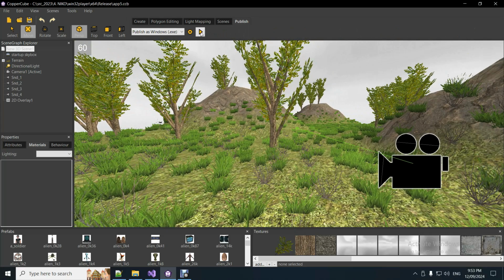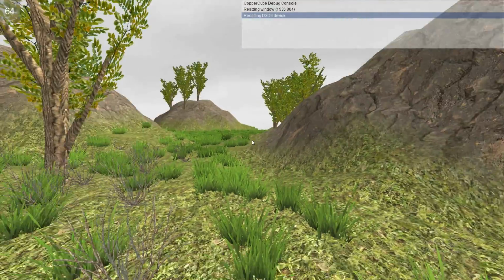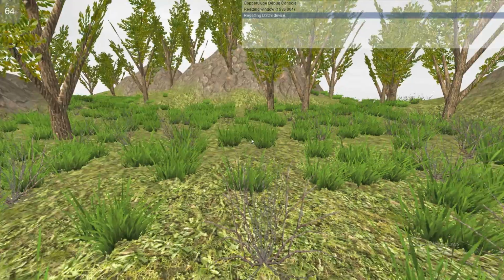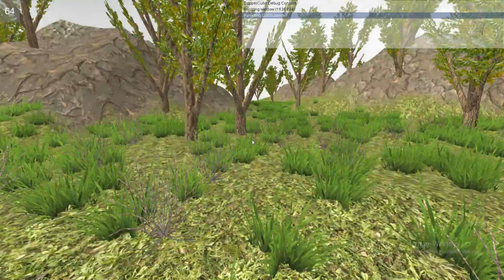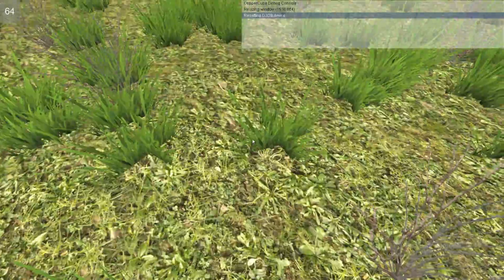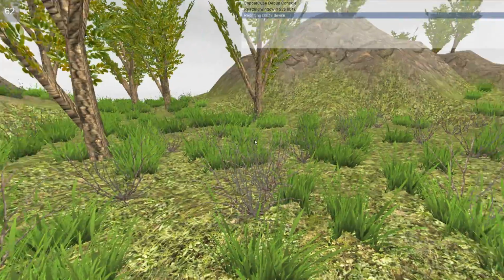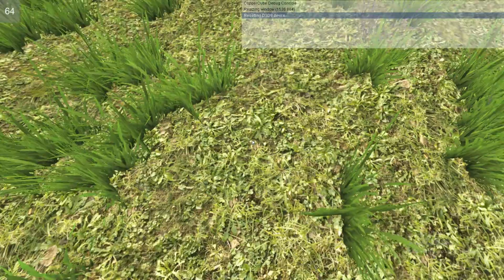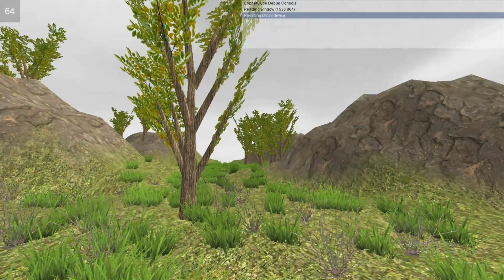So I just publish that. There we are. See, it's removed it automatically. Yeah, that looks way better. It looks a bit more like real grass, doesn't it? The grass is down the bottom, and it's not sticking out the side of a terrain hill. Heaps better. Anyway, that's working with my terrain sound manager as well. That doesn't look too bad, does it? Looks quite okay with a nice grass texture, plus the grass doesn't look half bad. The trees need work, but anyway,